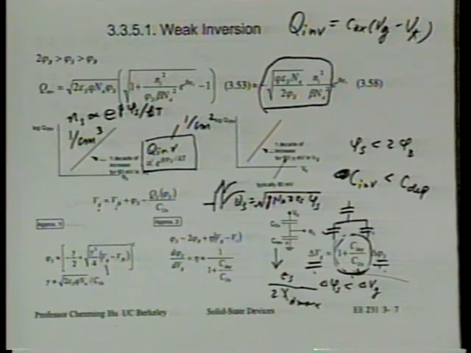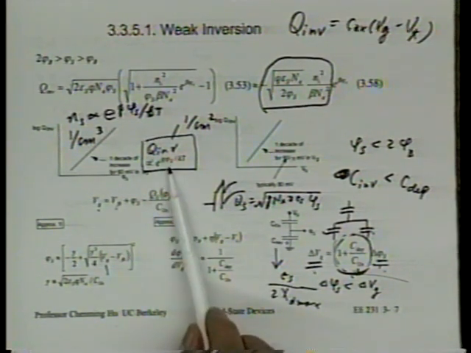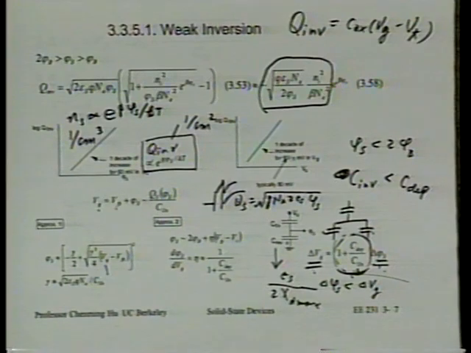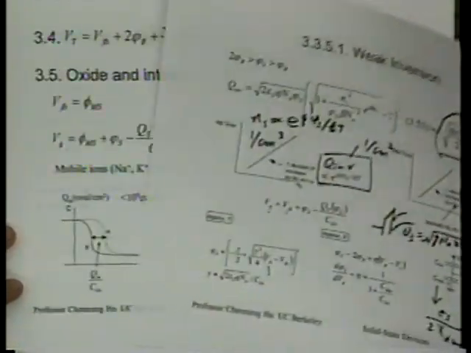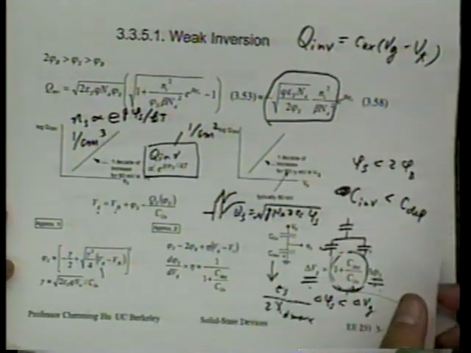When we get to subthreshold leakage, we'll use this relationship again. But today, let's just say we remembered that there's a relationship between Q inversion and phi S. It's exponential. And secondly, phi S varies linearly with VG. All right? Okay. Any questions about this relationship of QS and Q inversion and phi S in the weak inversion